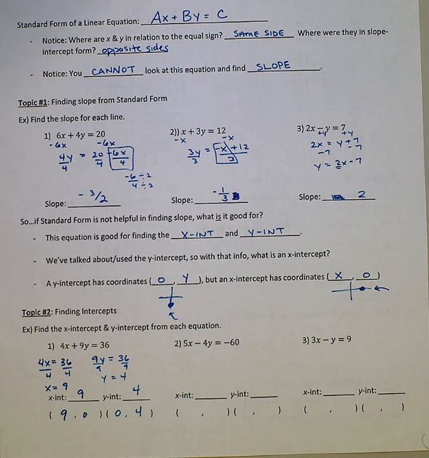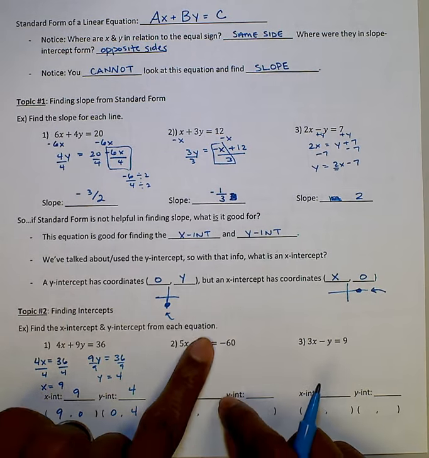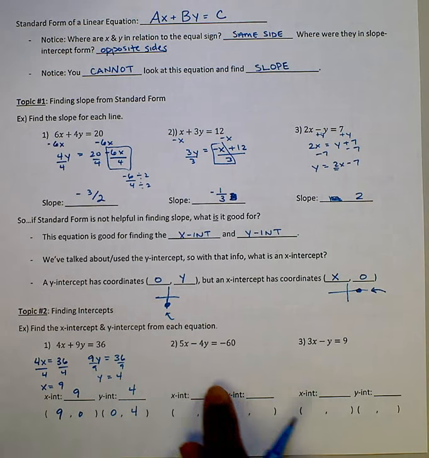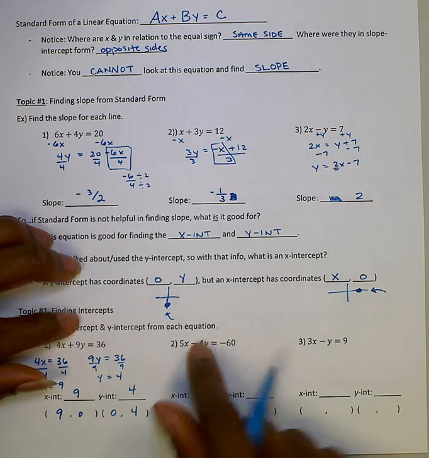So you see that we plugged in 0 for x to find the y-intercept and 0 for y to find the x-intercept. Okay, now that's a mathematical reason that you can do that. The way I like to teach it is the cover-up method. Pay attention to it, because there are a couple things that you can mess up on, but it's just as simple. When you're trying to find the x-intercept, you cover up the y, and that's just like substituting 0 in for y, because it disappears either way. And so what we have is 5x